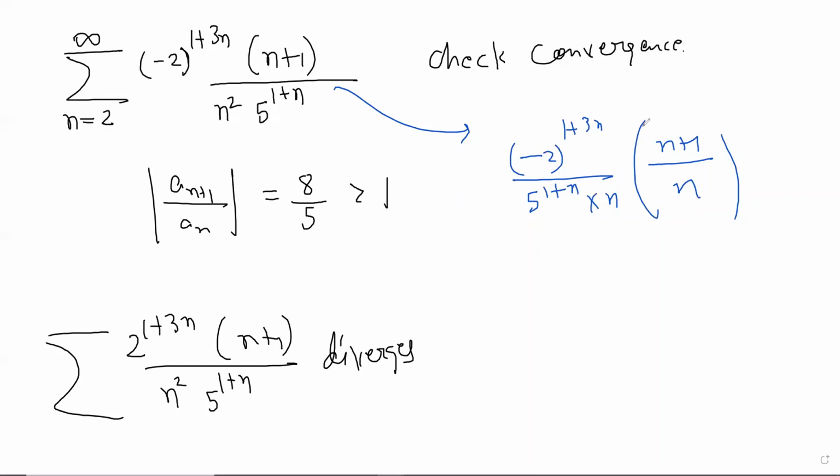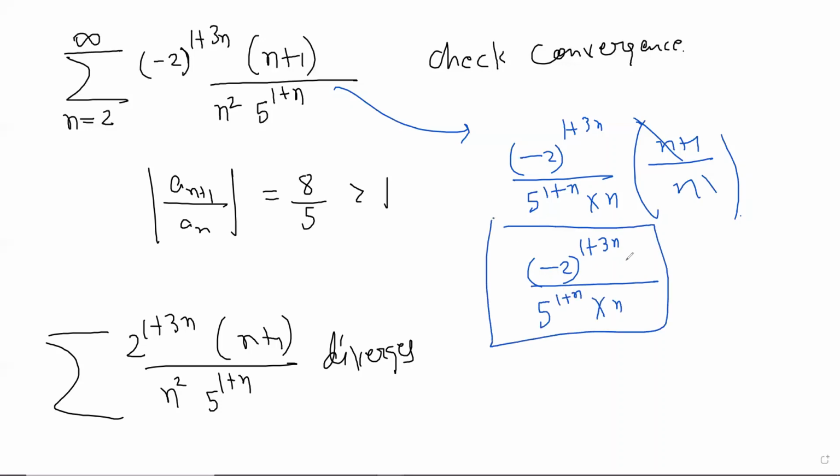So this one goes to 1, so we don't have to worry too much about that. You can just consider this. Now, where do you think this one goes? Does it go to 0? Because if it doesn't go to 0, then we can just say that the series is divergent. So forgetting about the n plus 1 thing, let's just take the limit of this.